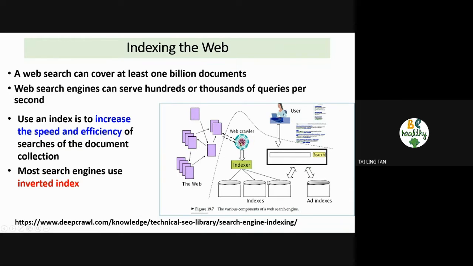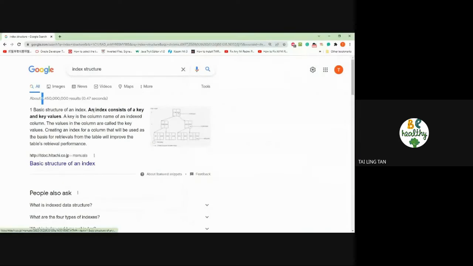We try to change the method. This web crawler continues updating this index. And if the user agrees or clicks this result, then the ranking changes. So the index will keep changing as well. So let's say we have this example here. When we search this index structure, this result appears as the first one. And if I simply just click